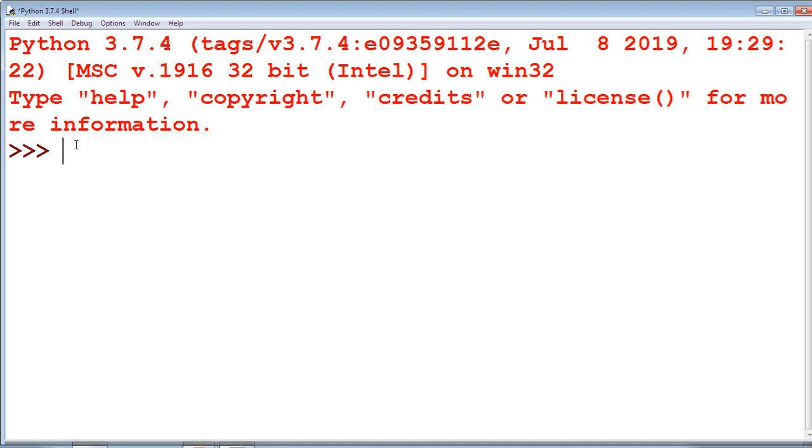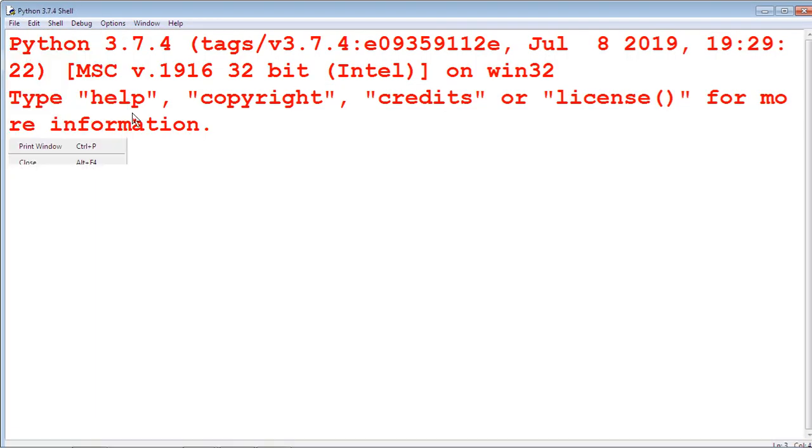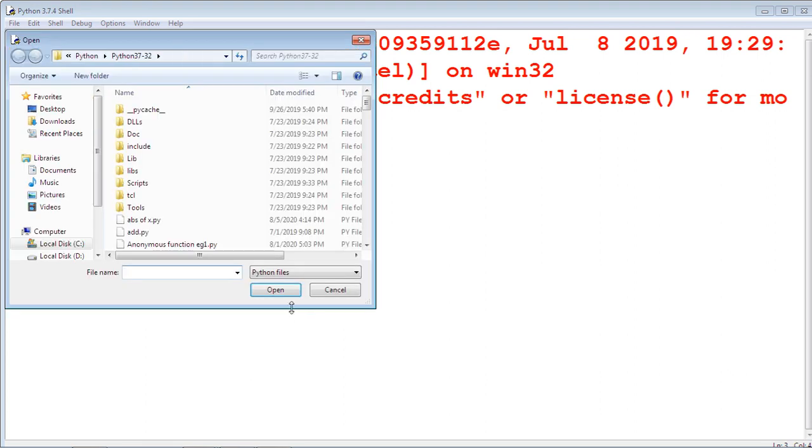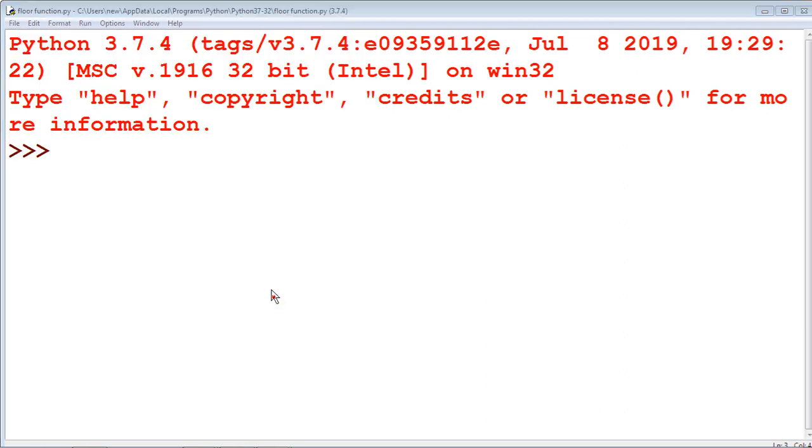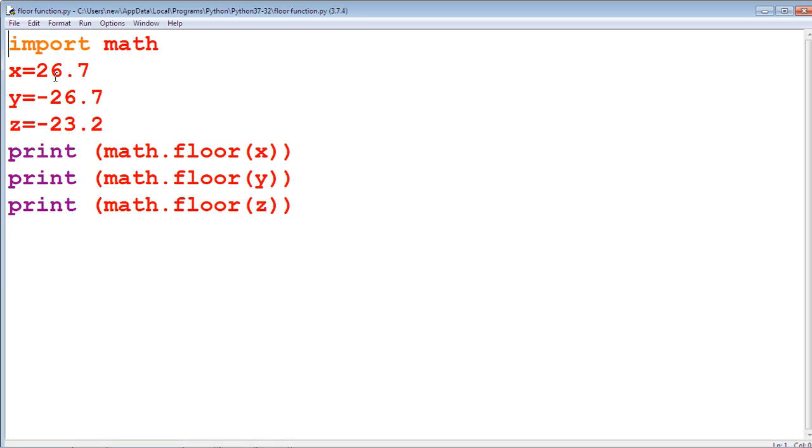Going to see the floor function by using the IDLE window. Here we use import math, that means it includes the mathematical functions.